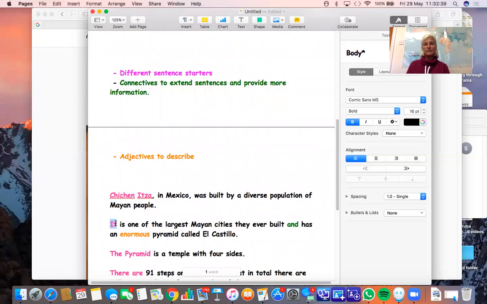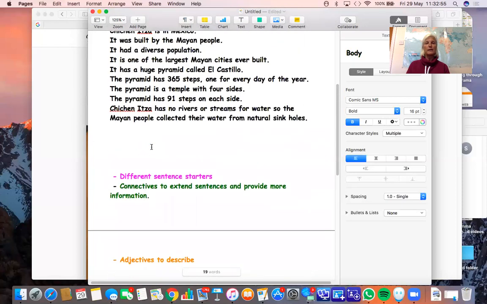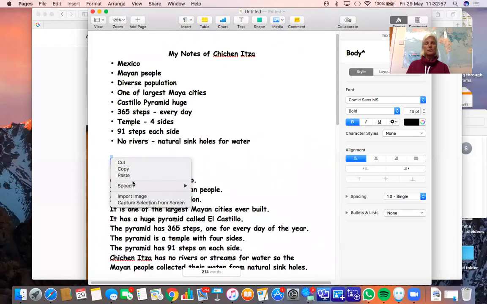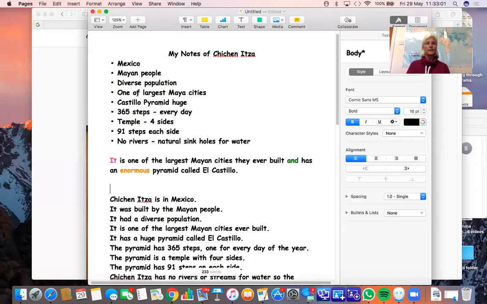It, so I've started it in a different way, Chichen Itza, it is one of the largest Mayan cities they ever built and has an enormous pyramid called El Castillo. Let's just copy that sentence so again we can have a look and compare it to the notes we made. So we did these top ones just now. It is one of the largest Mayan cities they ever built.